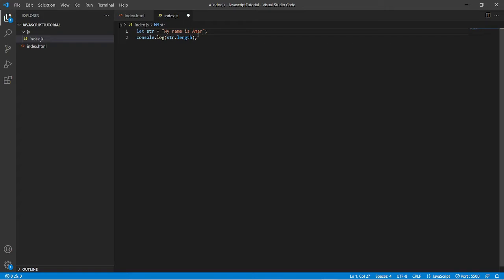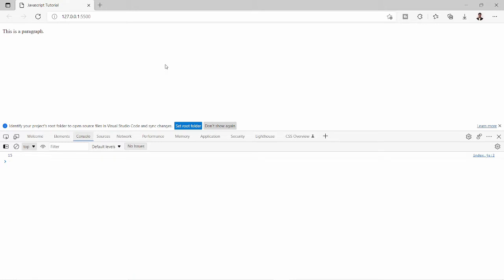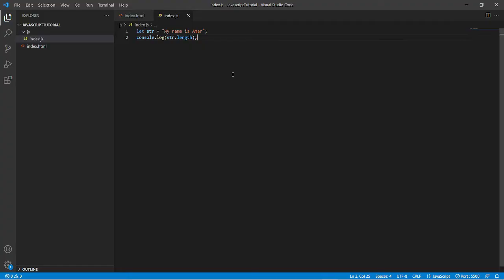But it will also include the special characters, and space is one of the special characters we have in JavaScript. So it will be 12 plus 3, that is 15. It should print length as 15 for this sentence. Let's have a look in the browser. Yes, here we can see that 15 is logged.